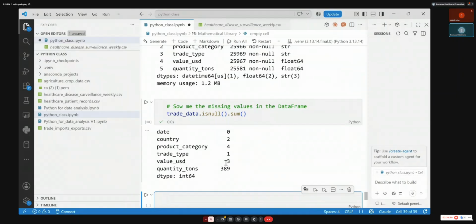When data is categorical, you replace with the mode. When data is numeric, something like value in USD or quantity in tons, you can replace with either mean or zero or median or minimum or maximum, because it is a number. But on something like trade type, you need to replace with the most repeated type, or mode.